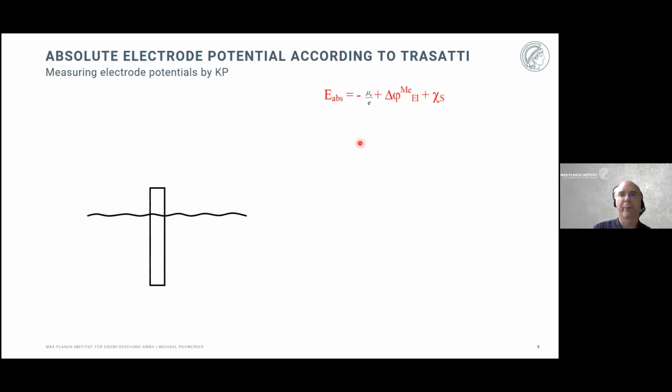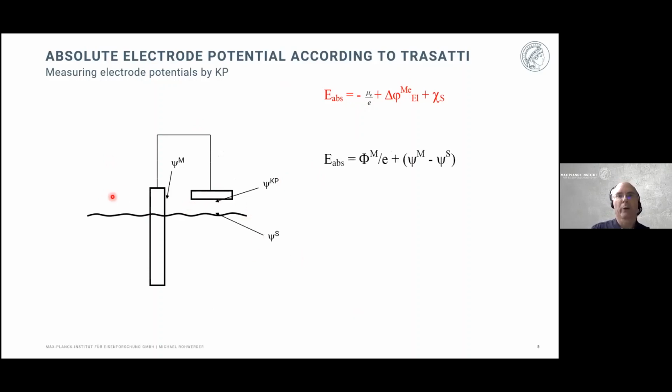And if you go a step further and want to find a way to measure this absolute electrode potential, we put another electrode in contact with our electrode, positioned above the surface of the electrolyte. And now, this term we have already learned, that's the work function, and then from here to here,